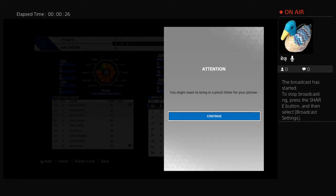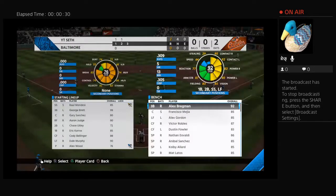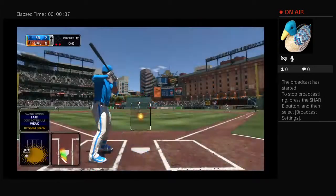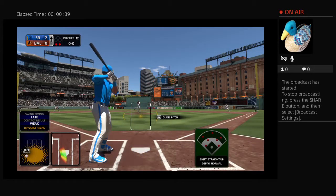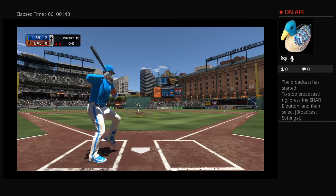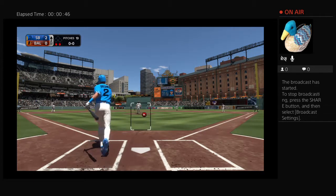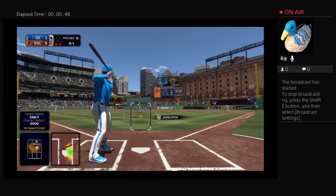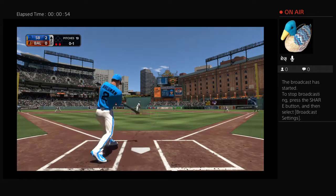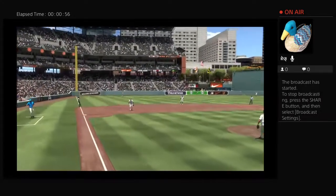Batting ninth, pitcher Alex Wood. Alex Bregman will grab a bat and hit for the pitcher here. Into the corner and slicing foul. The windup and the 0-1. Line shot to third, and the side is